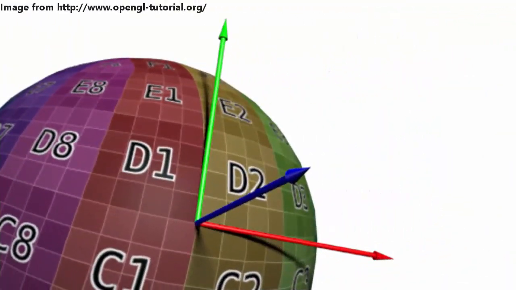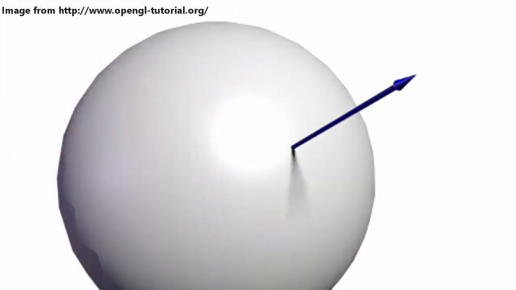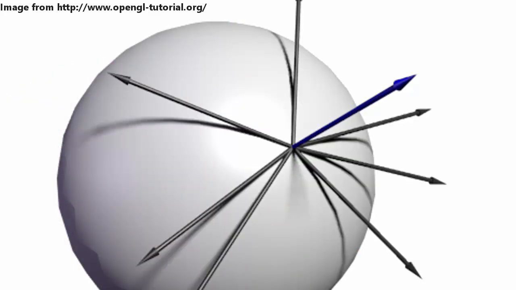To do that we need 3 vectors that define the tangent space, so we need the up vector, the right vector and the forward vector, basically the X, Y and Z axes of the tangent space. As I've mentioned already, the up direction in tangent space is just the original normal of the face. The right and forward vectors can actually be pointing in any direction as long as they're perpendicular to each other and perpendicular to the up direction,